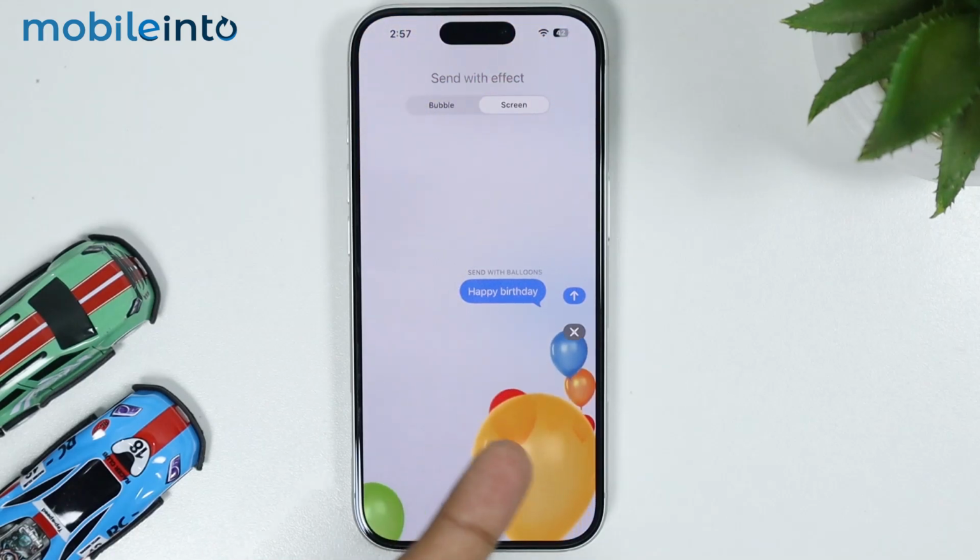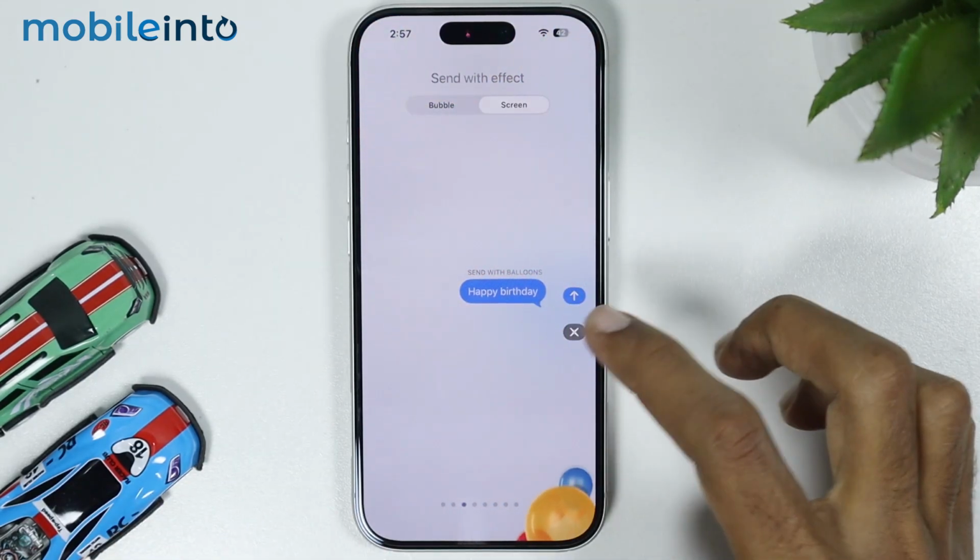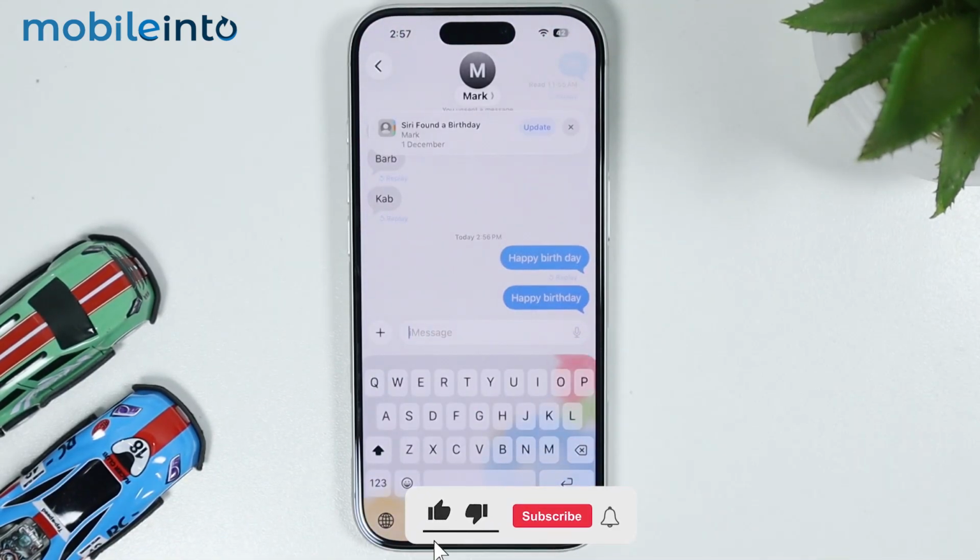Just like that. Now after you select the animation which you like, just tap on the send button and you will send the message with an animation. And this is how you can send a message with special effects and